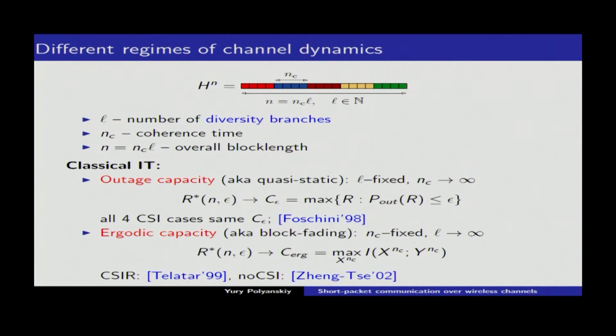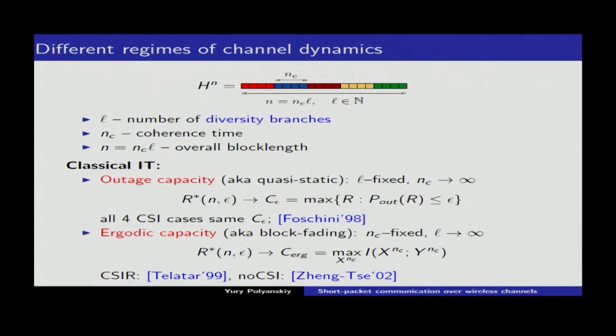So in this talk, I will mostly talk about what is called piecewise constant or block fading. Here is the depiction of this model. What happens here is that we consider that this channel gain stays constant for some coherence time, and after that it jumps to a new independently generated number. So the statistics of it is always considered to be known.